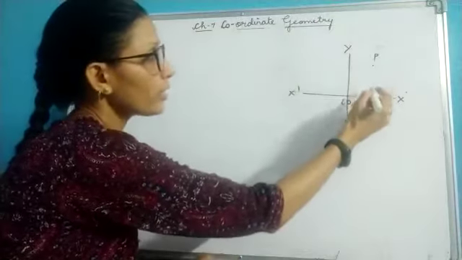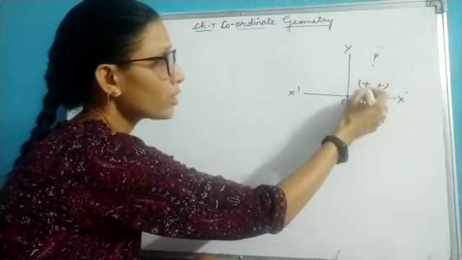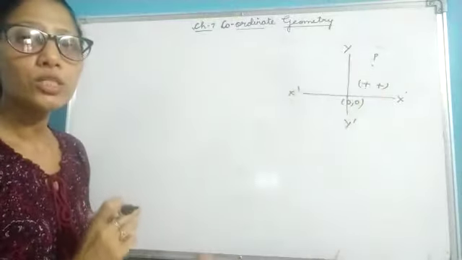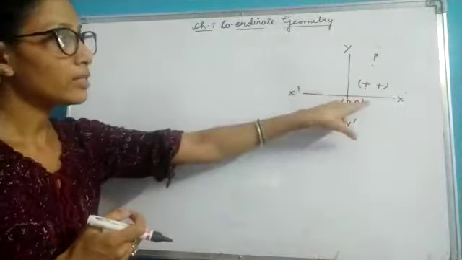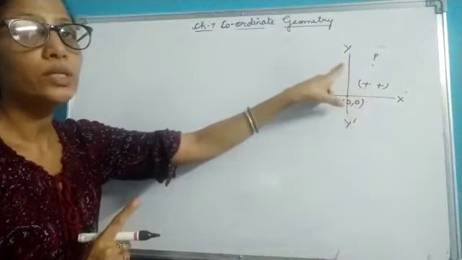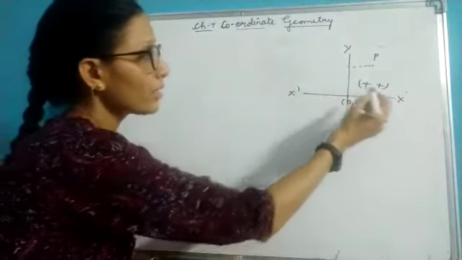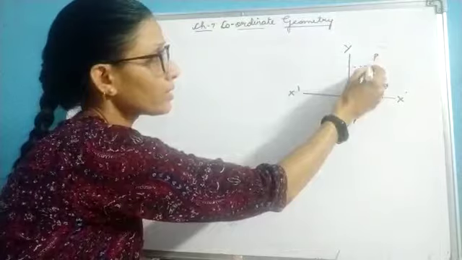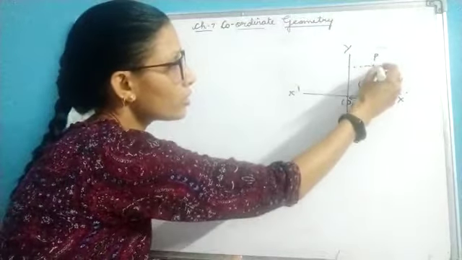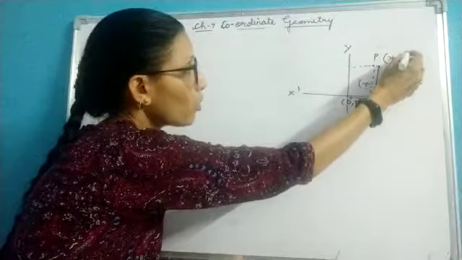And you have also read that this first quadrant is of plus and plus sign. What is this plus and plus sign? The position of P is what? The perpendicular distance from x-axis and the perpendicular distance from y-axis. So the perpendicular distance from x-axis is this and perpendicular distance from y-axis is this. So let's suppose this distance is your x and this distance is your y. So the position of this point over here is x comma y.